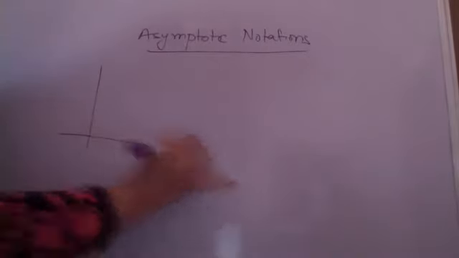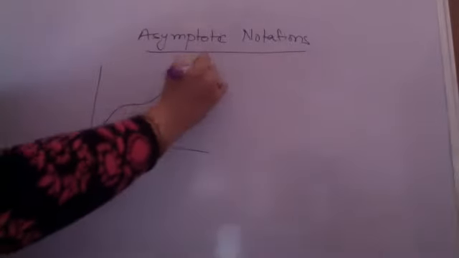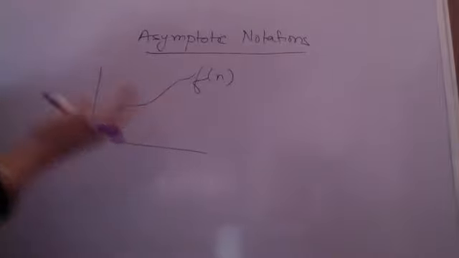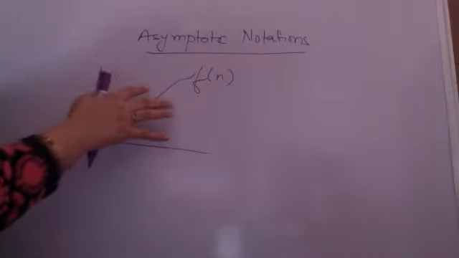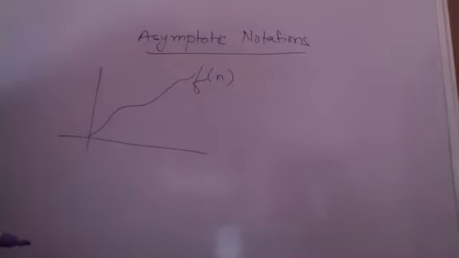In layman's language again, suppose I have some function f of n. I am trying to find another function which restricts this function. That means that beyond a particular point, this function should be greater than the given function, or this function should be less than the given function. That is how I am going to bound the function.